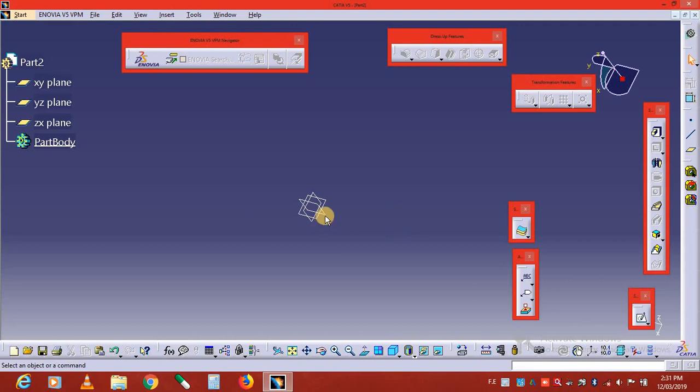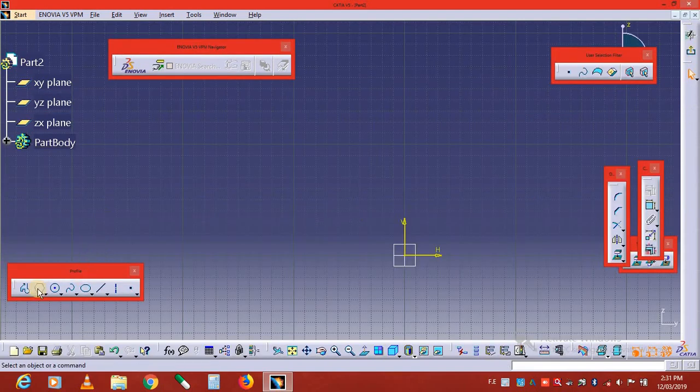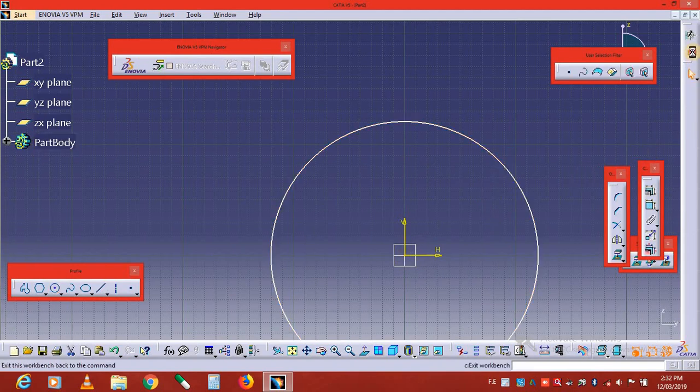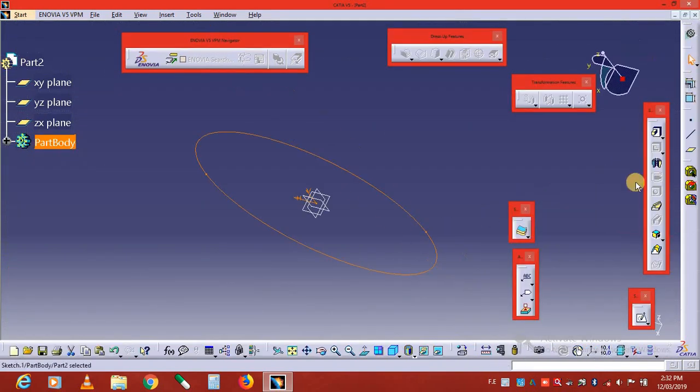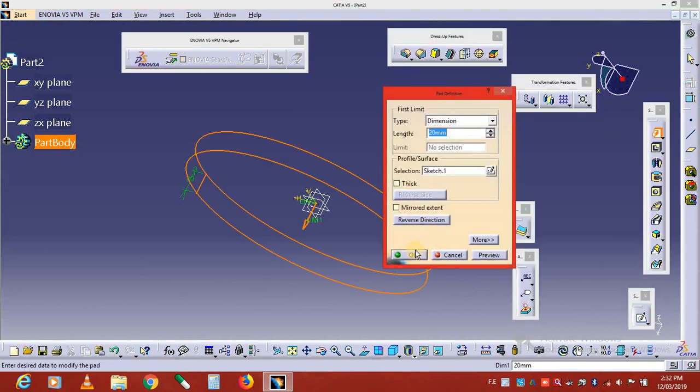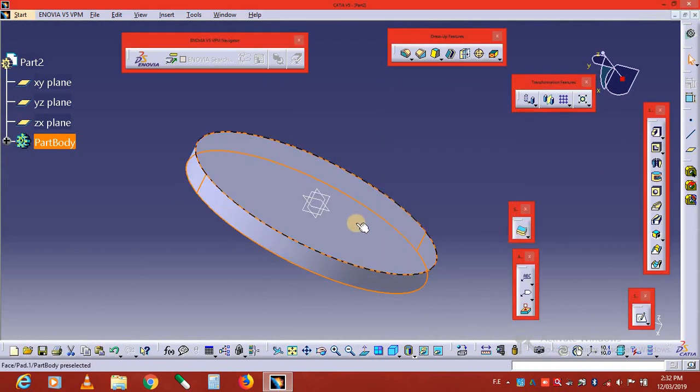So let's begin. Select the plane, go to the sketch. Make some drawing. This is the circle we draw. Exit, extrude this with 20 mm. Okay, so